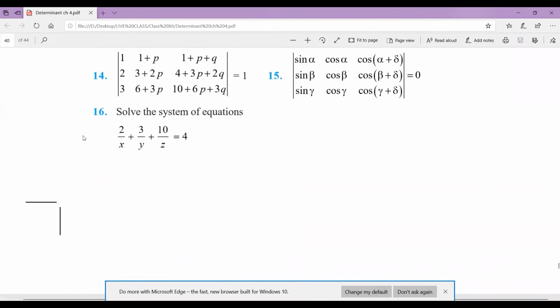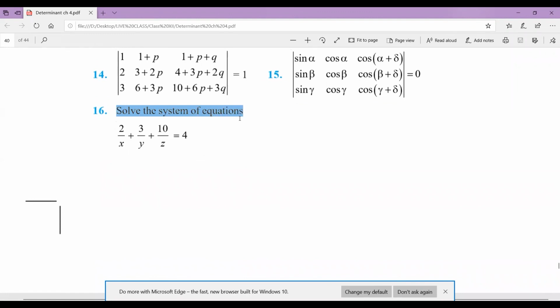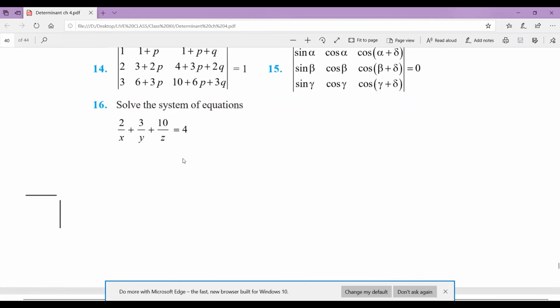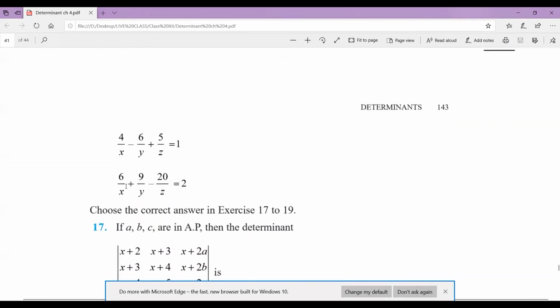And then one more is this type of question. This type of question is very important: 1 by X, 1 by Y, 1 by Z. In this type of question, you just have to consider 1 by X as one variable, 1 by Y as your other variable, and 1 by Z as your third variable. You don't need X as a numerator. You can see in all equations 1 by X is one variable. So just find the values of 1 by X, 1 by Y, and 1 by Z.